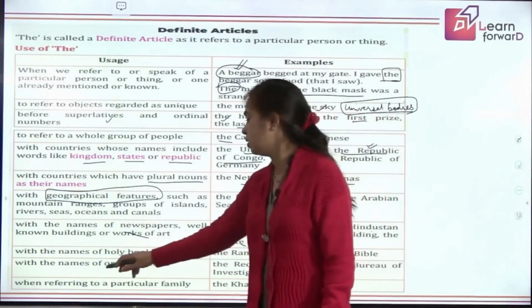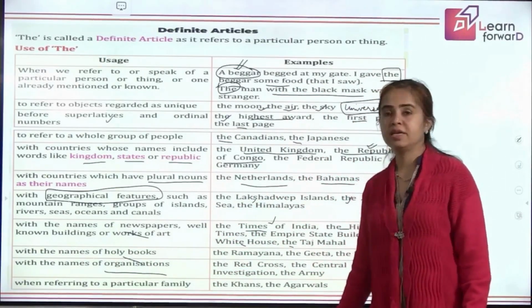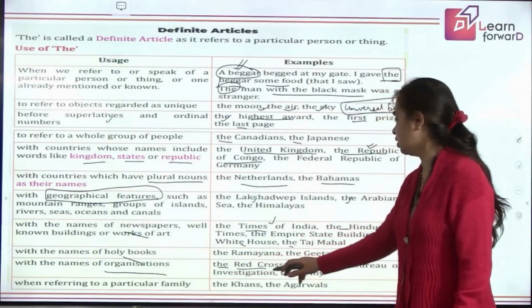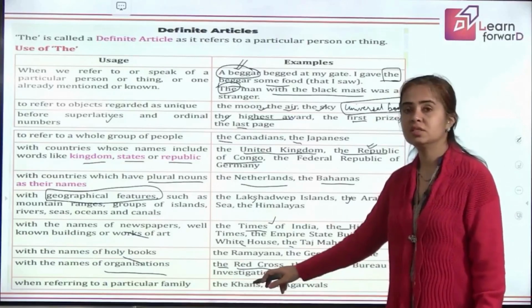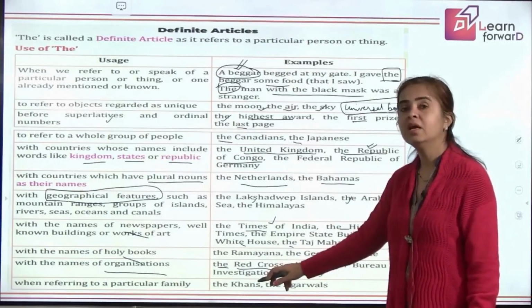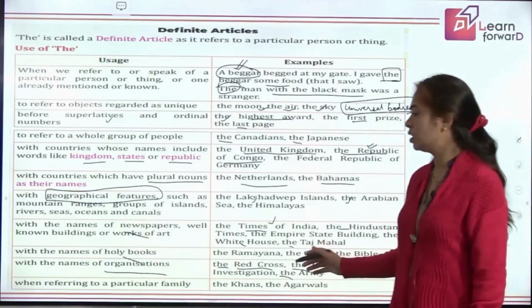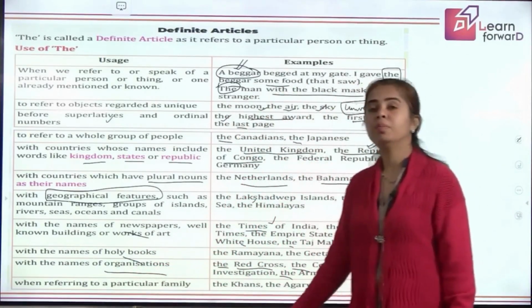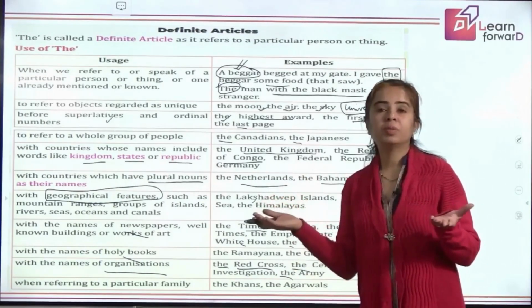Now with the names of organizations like the Red Cross Society, the United Nations. So we have the Red Cross Society, the Central Bureau of Investigation. This is again the CBI, an organization. Then with the army, we are using the article "the". These are organizations. And when referring to a particular family, like we say, the Guptas are,